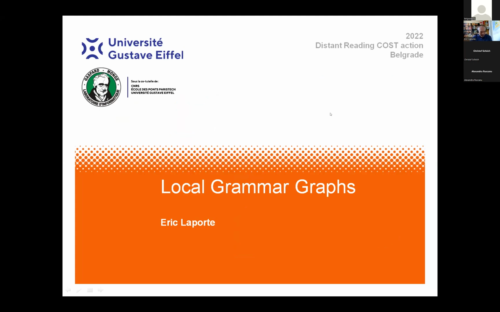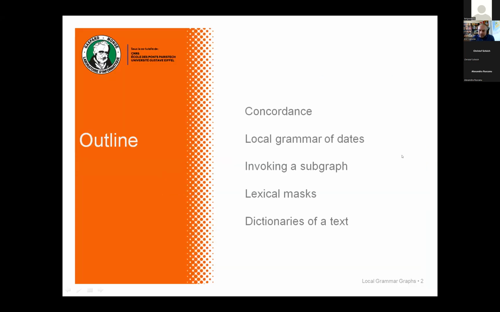So, local grammar graphs, they are the main language resource which is used with Unitex. So presenting Unitex or local grammar graphs, it's roughly the same thing. So first I will present the notion of concordance, then local grammars,